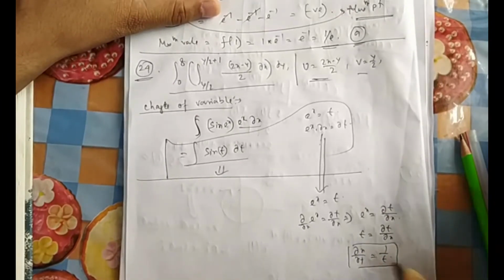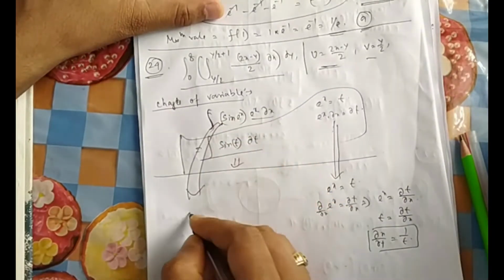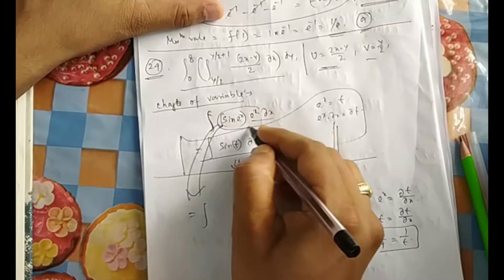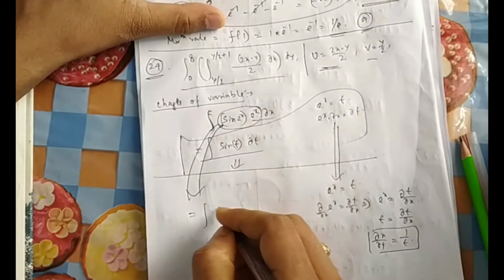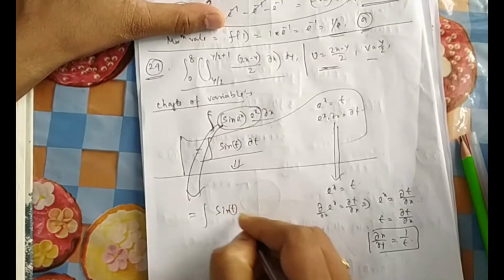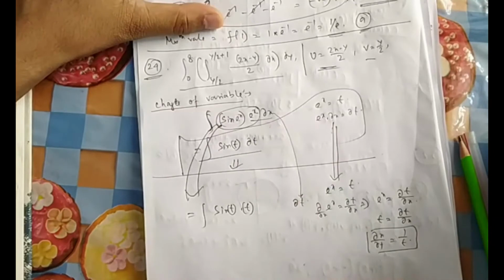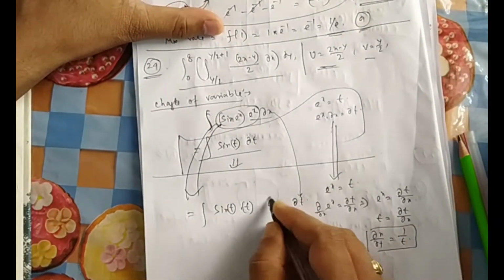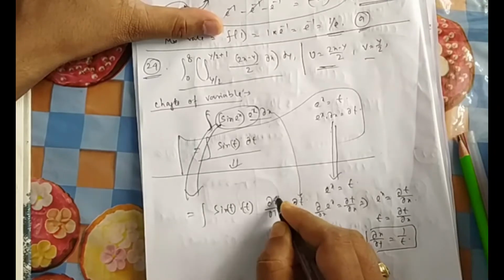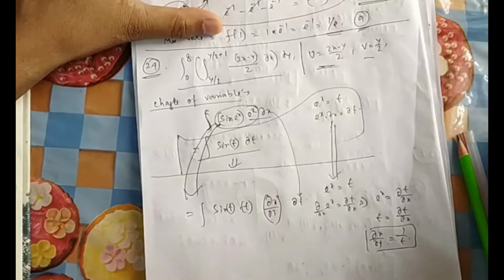Let me hold it there. Now I tell you a different way. You want to substitute e to the power x equal to t, so it will be sin t, then t. And in place of dx also I will tell you to write dt. Now if I put in dx by dt, the purpose will be solved. dx by dt will be 1 by t, the t's get cancelled, and you will get the same thing.